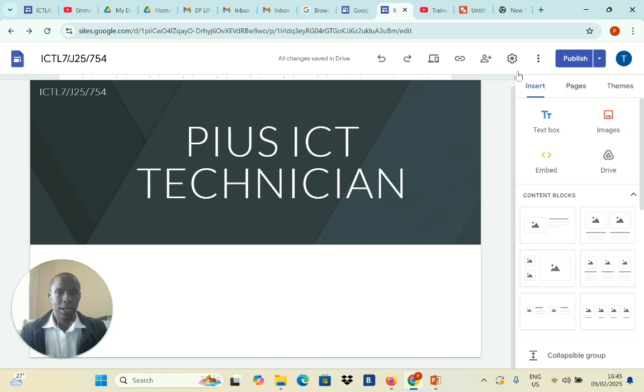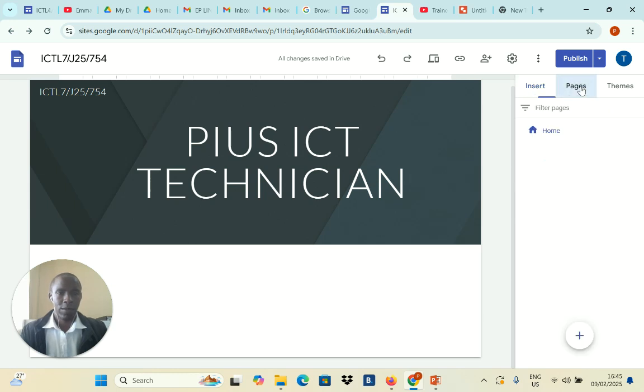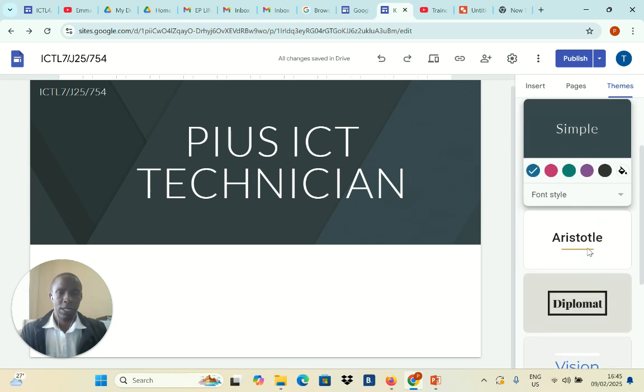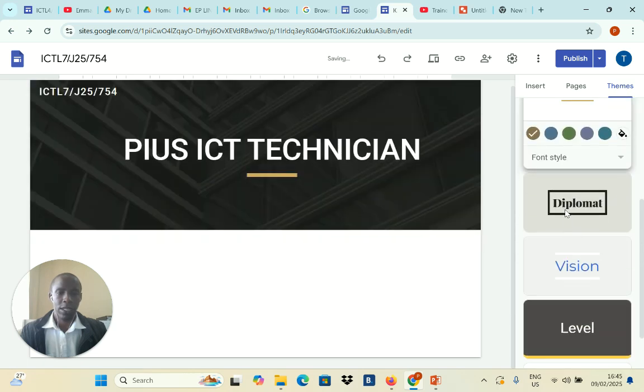Good, guys. We come here. Let's see. There is something called insert. There's something called pages. There's something called themes. Let me begin with themes. This one is how it looks like. You can change the themes